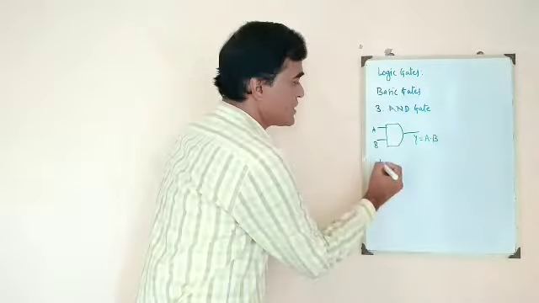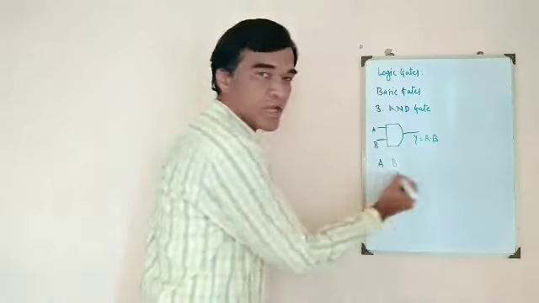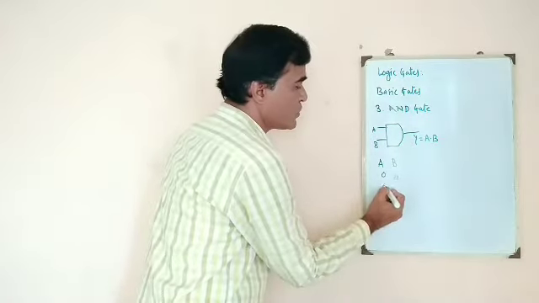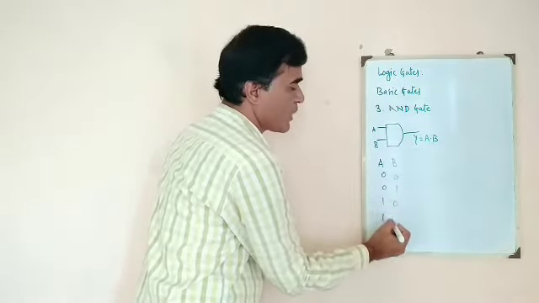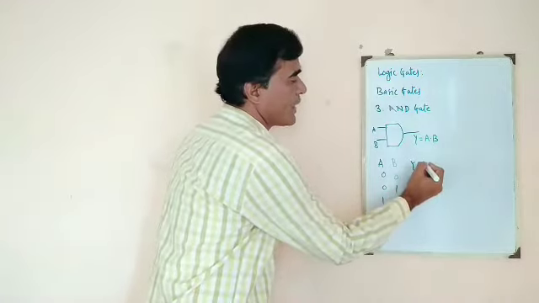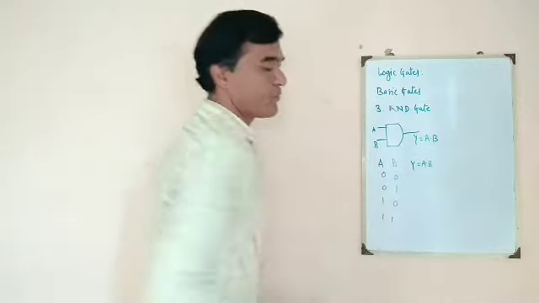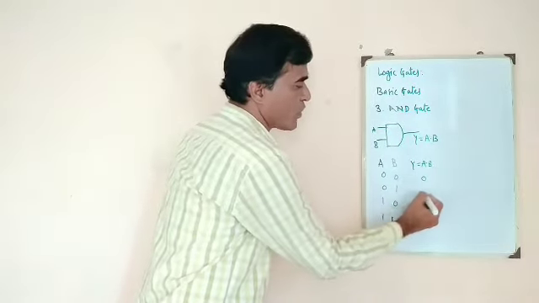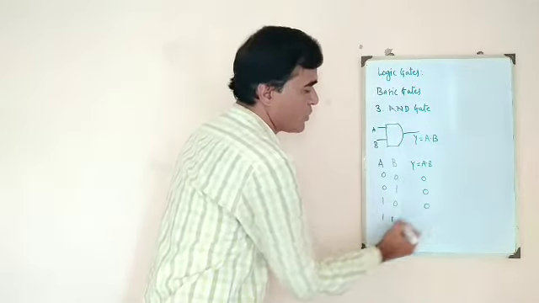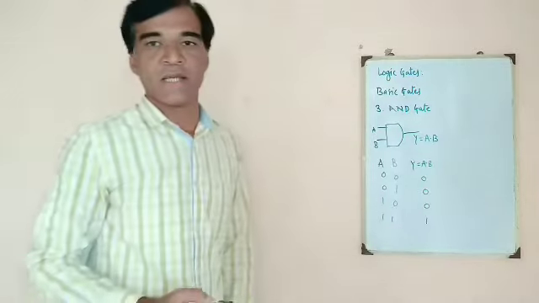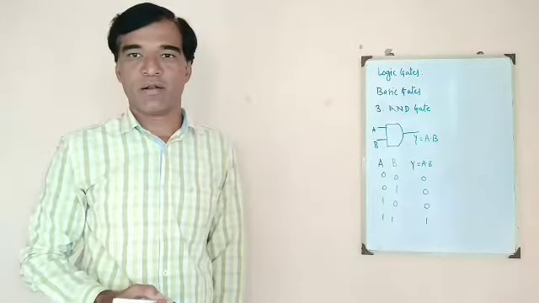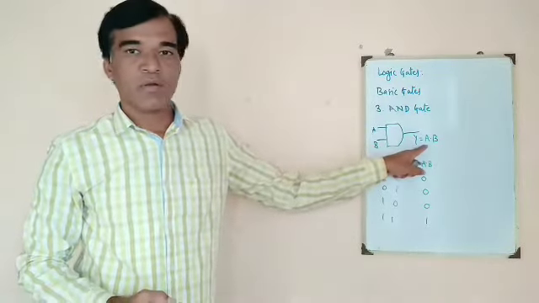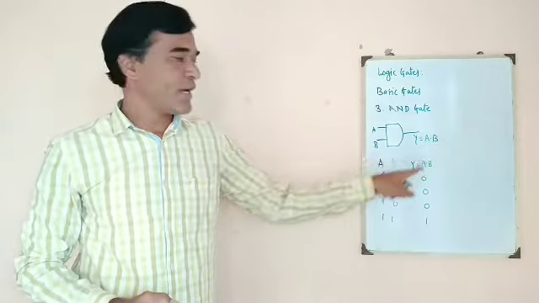The truth table for this, A and B, these are the input variables, their different combination 0 0, 0 1, 1 0, 1 1. Output Y can be given as A dot B, 0 dot 0, which gives you a 0, 0 dot 1, 0, 1 dot 0, 0, 1 dot 1 is 1. This is nothing but the truth table for the AND gate. The AND gate symbol, logical expression for AND gate, and truth table.